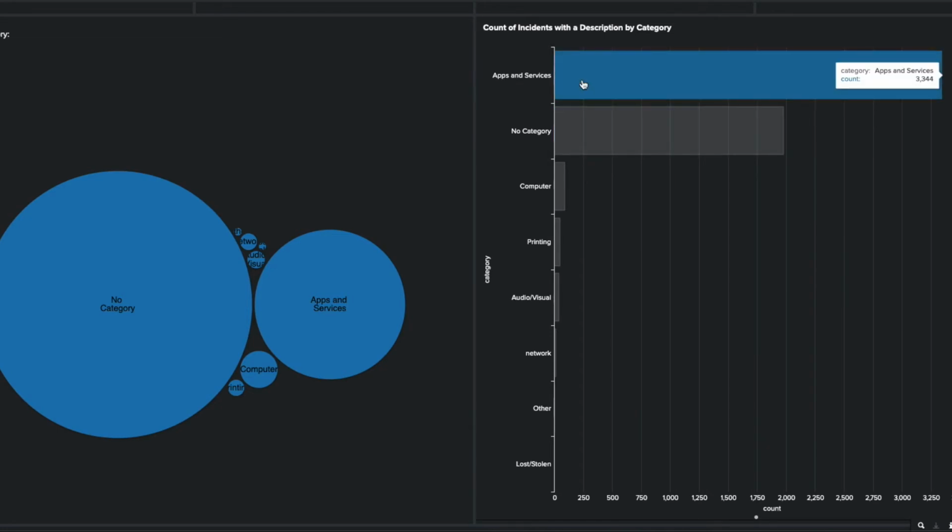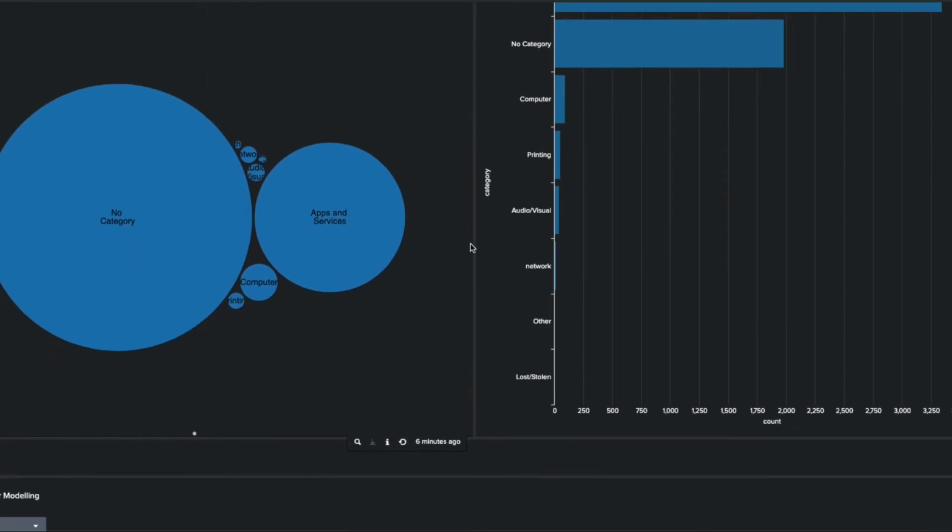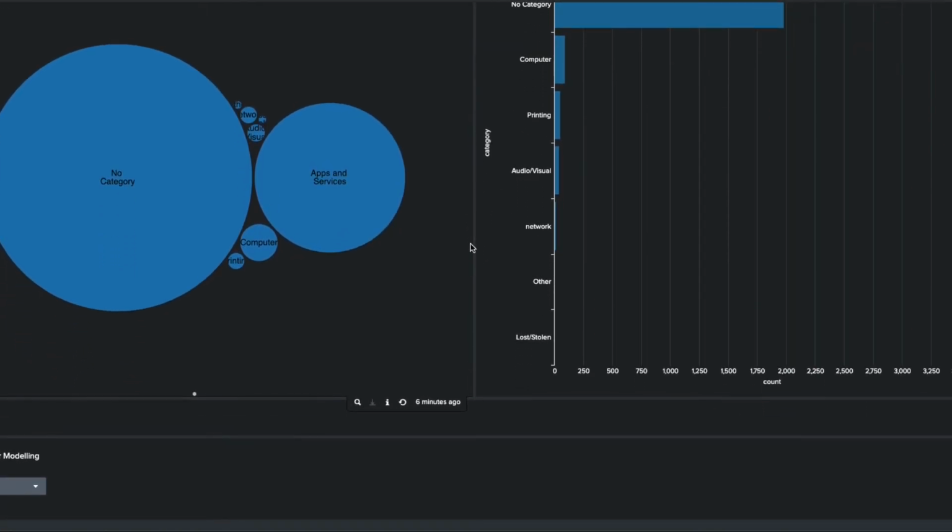You can see in my data up here with apps and services, we have quite a large amount of descriptions. There's also quite a large amount for the tickets that haven't been assigned a category yet. Then it drops off pretty rapidly. As soon as we hit computer, it's only down to 94 and then much less. Ultimately, most machine learning uses some kind of statistics under the hood. So when we're looking at anything that uses statistics, we might not find anything particularly relevant when we're operating at this lower level of